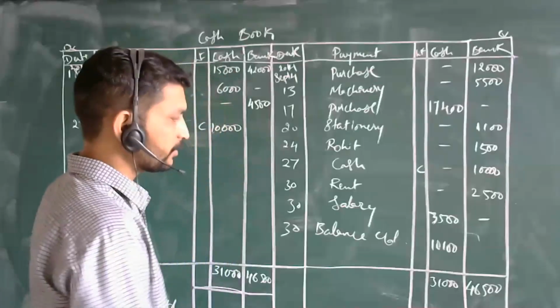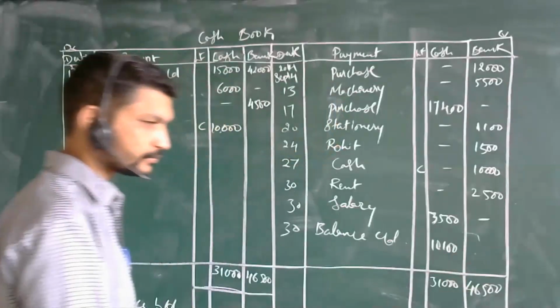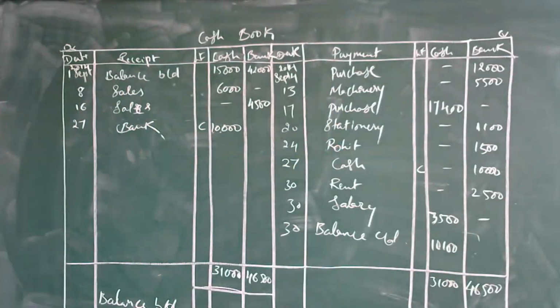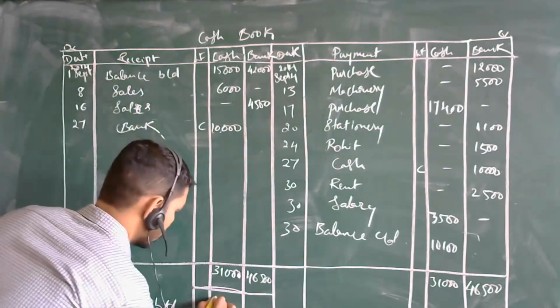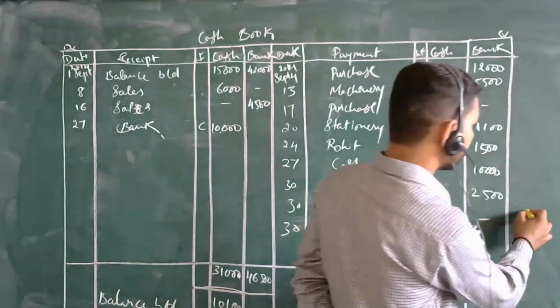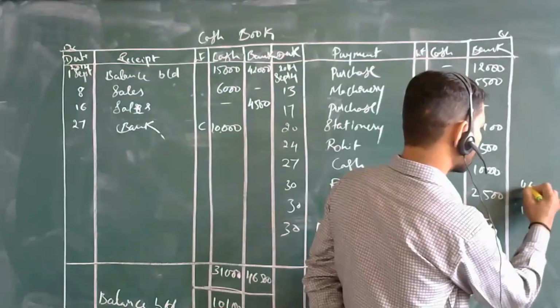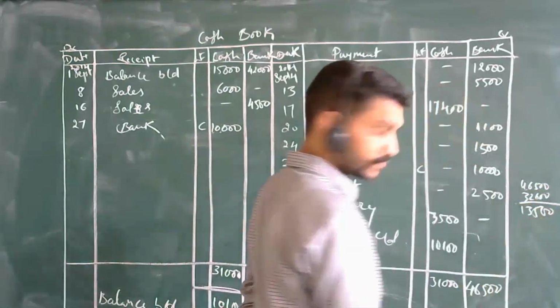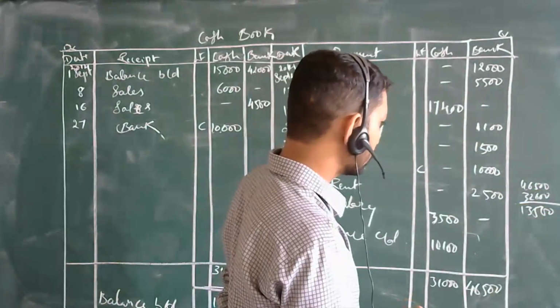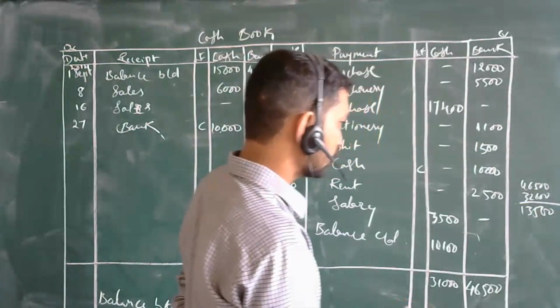कितना होता है? Tell me this amount fast. Are you there over here? क्या आप हो यहाँ पर? I am taking your participation over here. Sir, it is 32,600. Correct. 32,600, right? So it will be, yes, sir, 13,500 answer. 46,500, 32,600 means 13,500 it is or 900? Sir, 13,900 it is. 900, okay.